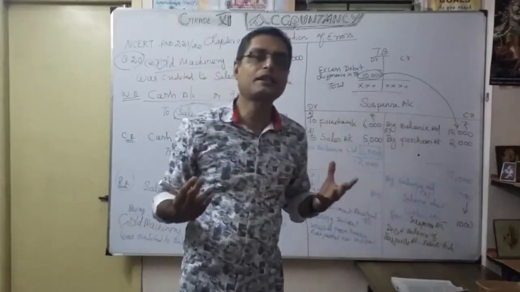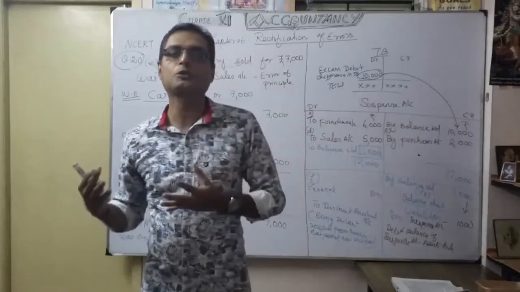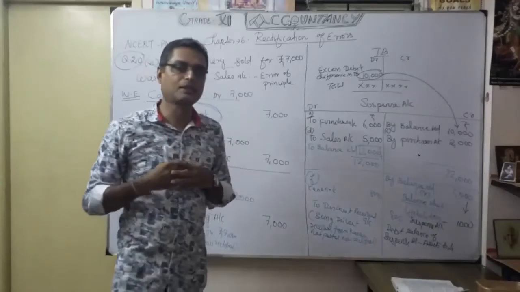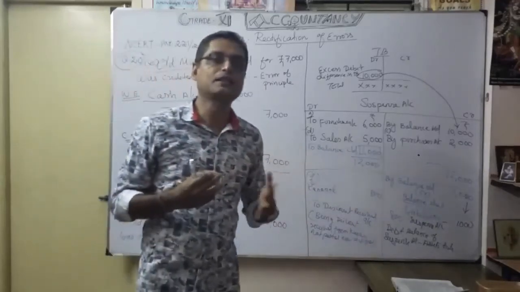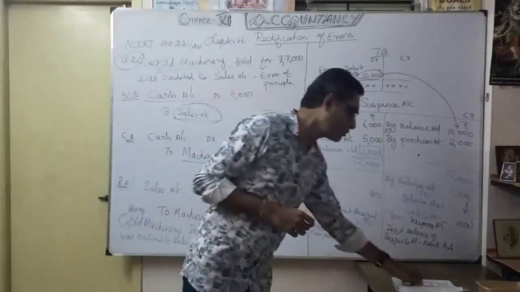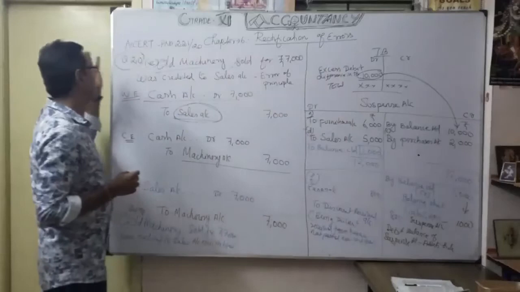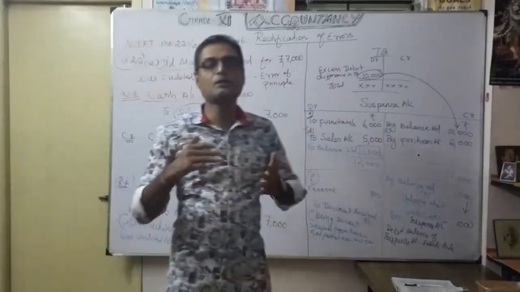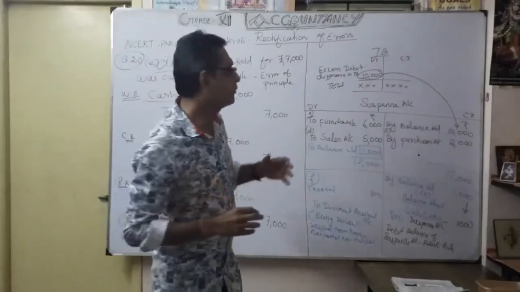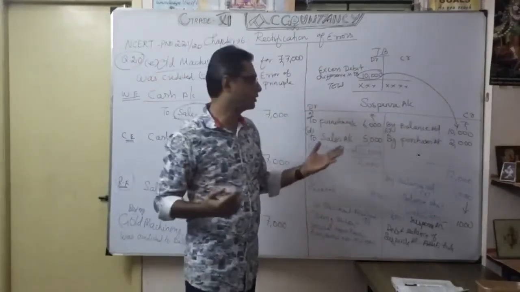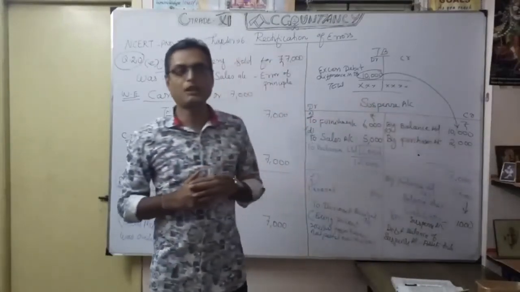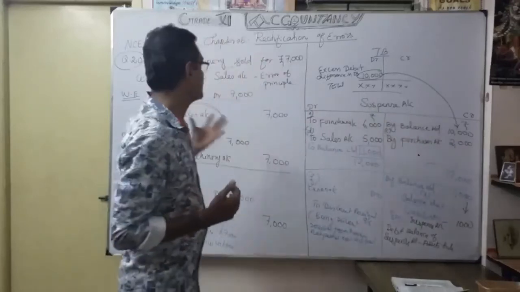After we did that in the suspense account, still a 1000 rupees balance is coming. So you can't locate the others. So what will you do? The same 1000 rupees goes to suspense account. Suppose it is on the credit side, you show it on the liability side in the balance sheet. Suppose the same suspense account is on the debit side, you show it on the asset side in the balance sheet. You understood? That's what these two problems, question numbers 19 and 20, discussed earlier. Very important. Comparatively, any differences are clearly given in the question itself. So again I request you, you have to do the suspense account simultaneously. That's how we are able to do the rectification of errors very easily.